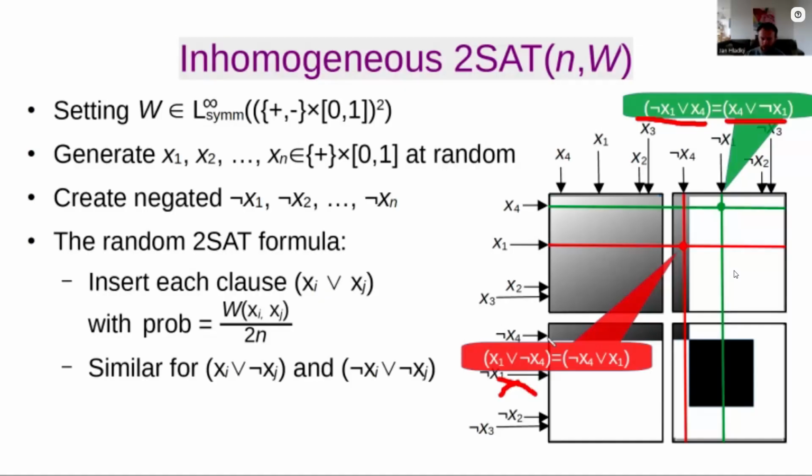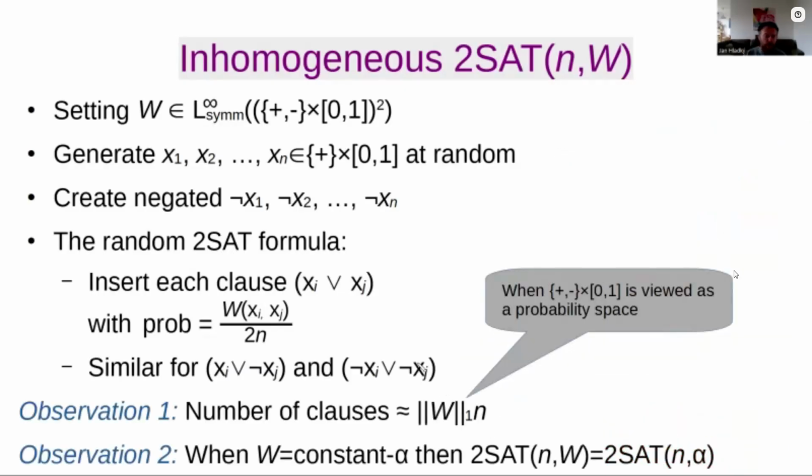So where would I look for that? Here, right? This would be the probability of insertion of negation x1 or negation x4. Okay, so